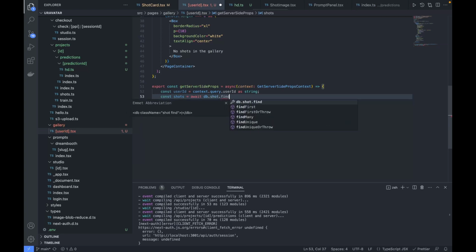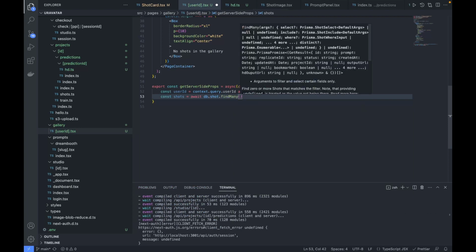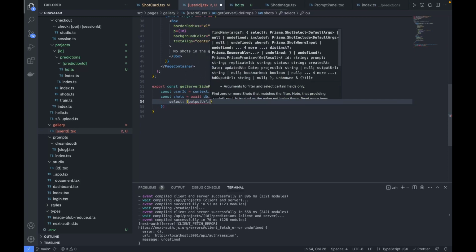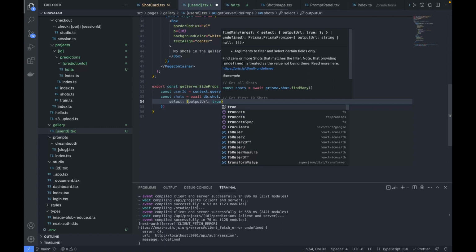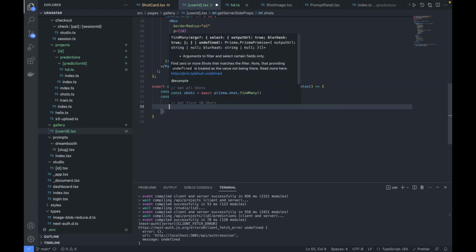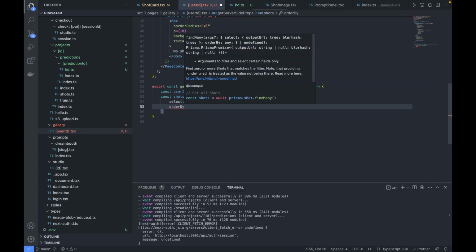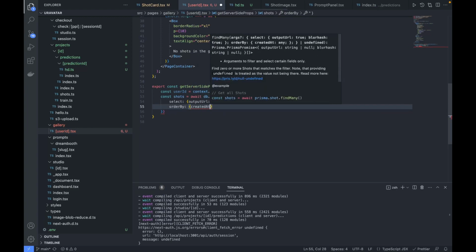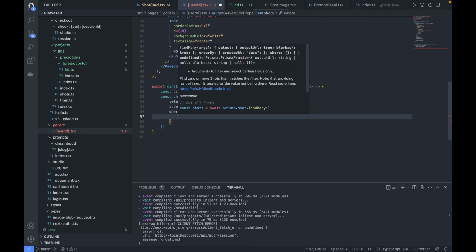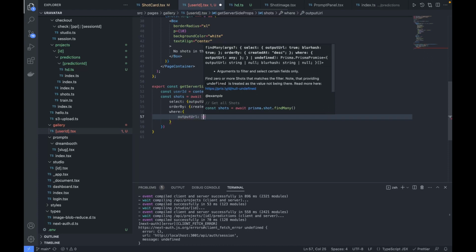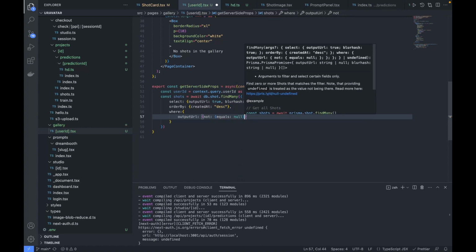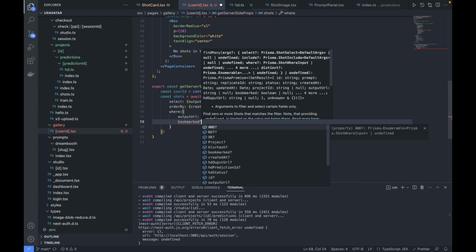So find many, and here we are going to select output URL and the blur hash, and order by created at in descending order, and the condition checks where the output URL is not null, and its bookmarked value is true,